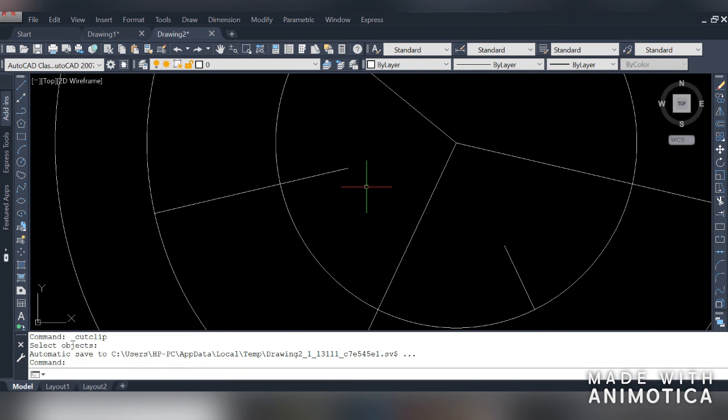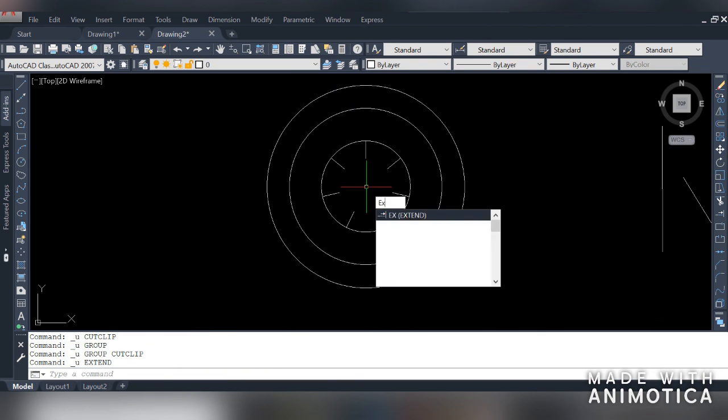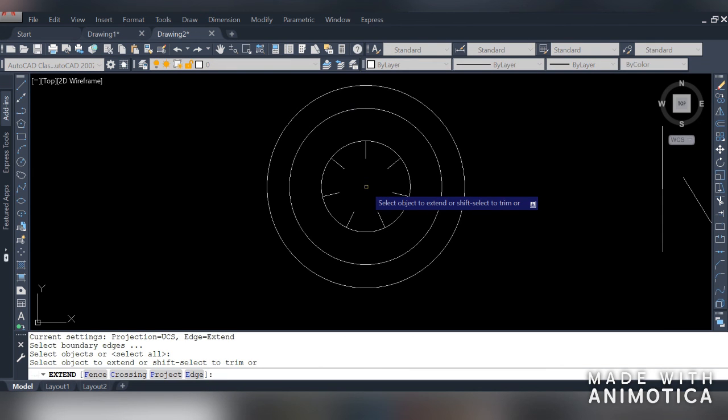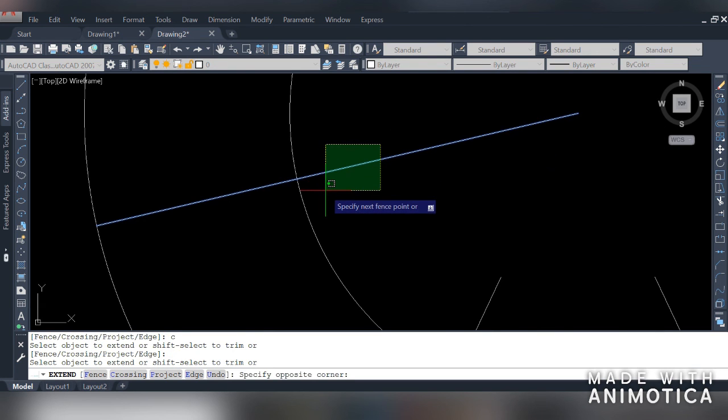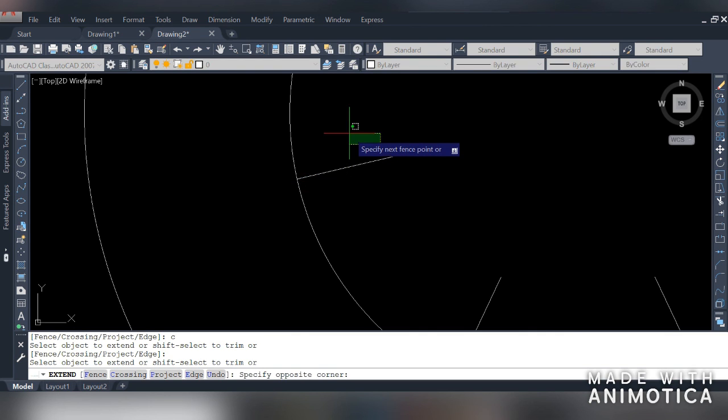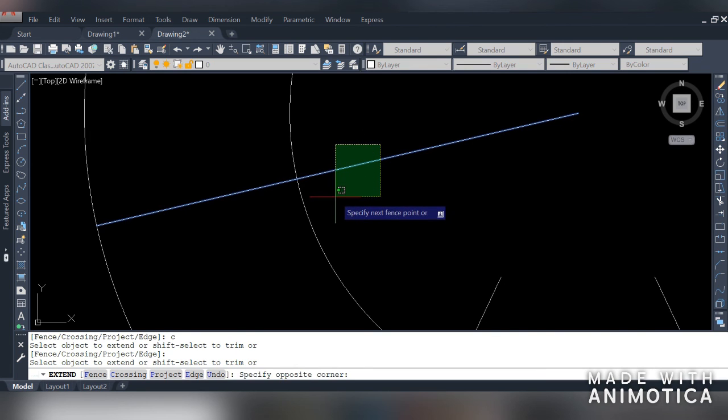Let's do it again. Choose extend command and choose cross window, and notice one thing, if we select both the sides, then it will be extended in both sides, but in that case the window should be created like this. 2 sides of that object must be inside the created window.